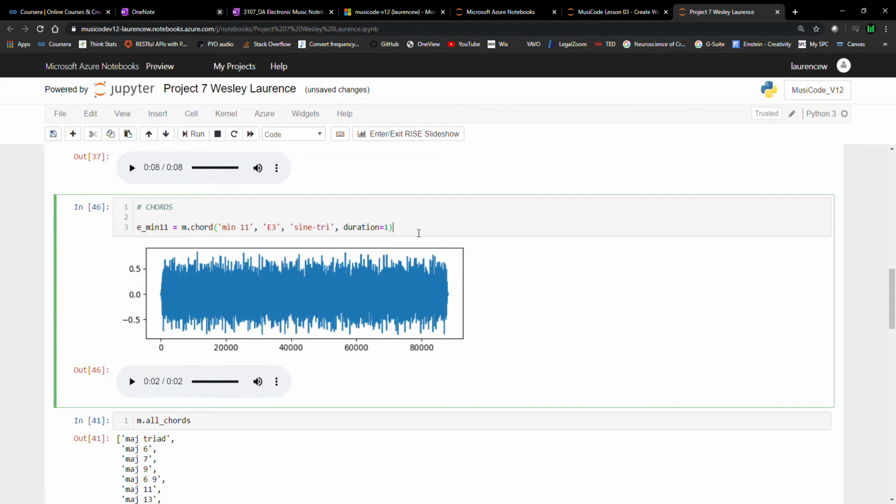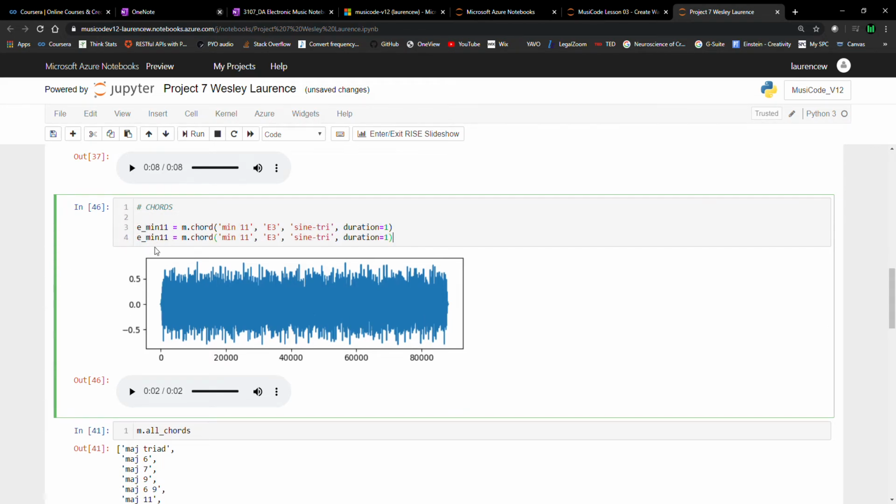And then I'm just going to copy and paste to have kind of a template. And then we're going to say F major 13. All right, let's try that out. So then major 13, we'll do F3, and then we'll keep the same here. Okay, so let's listen to